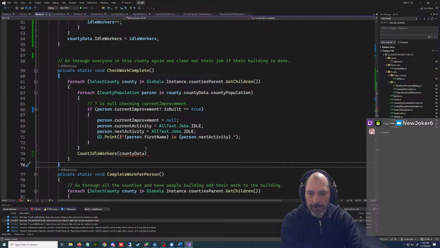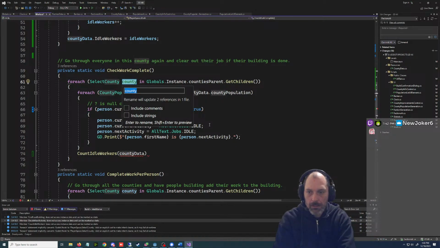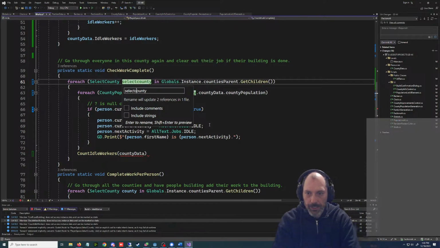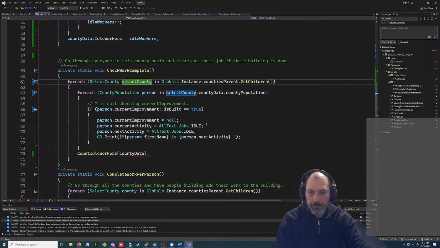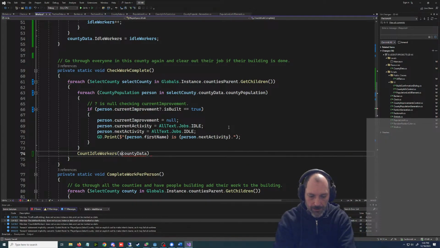Cut it. Get it out of there. And this should be called... Oh, this is select county. See, it's getting even more confusion. We got to stick with our... select county is not going to bring us, but that's fine. We can do this.